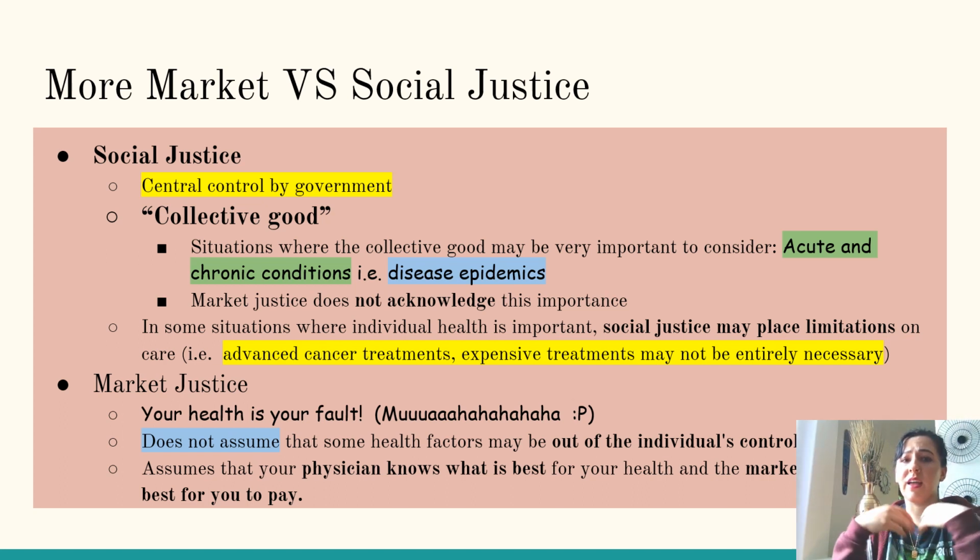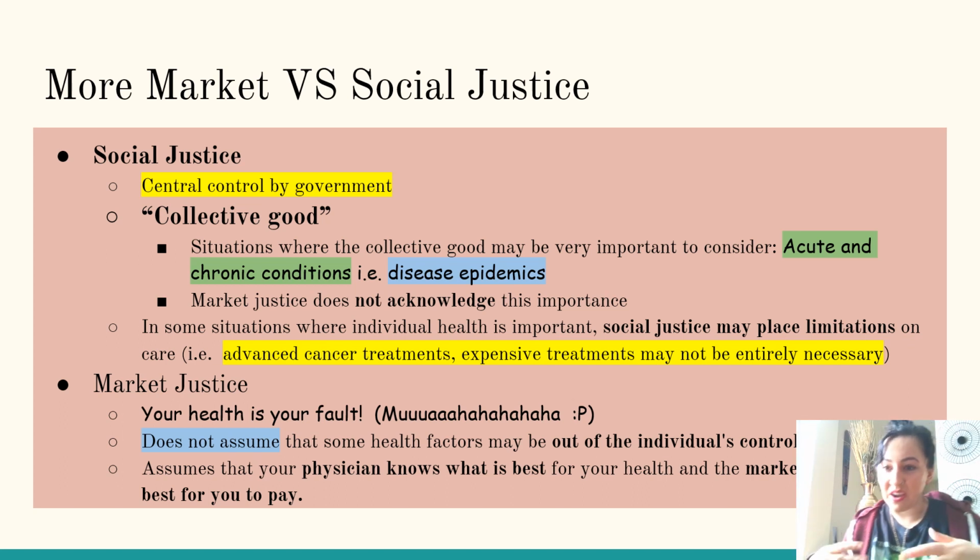In a social justice system, most likely that cure is just going to be readily available for everyone, because it's very important that we do not let this disease progress. We don't want everyone to become zombies, right? We need to preserve our society and the health of our society. But if it were a market justice system, and it's completely everyone's own individual responsibility to get that injection, that cure to get rid of that zombie virus,